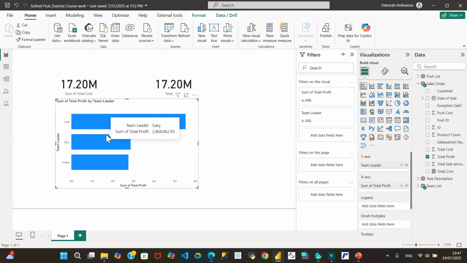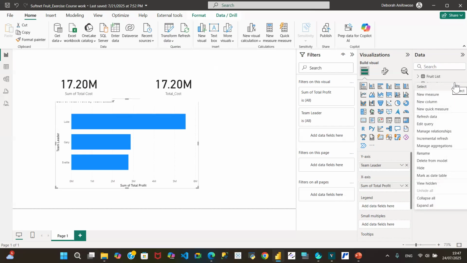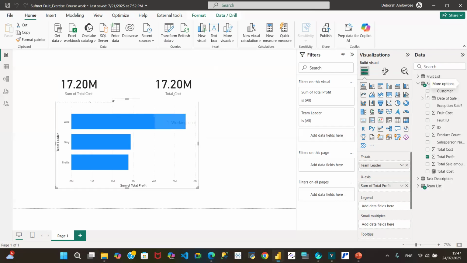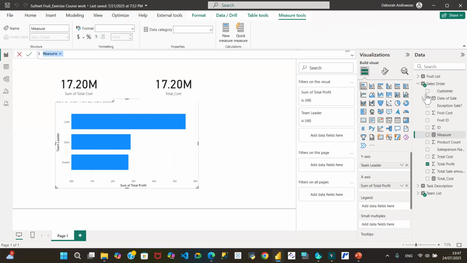It's just become a good practice. So this total cost that I've calculated, I can use it and reuse it for so many other purposes. That's why there was need for me to do it. And I will do the same for total sales as well. So I'll say new measure, this time total underscore sales